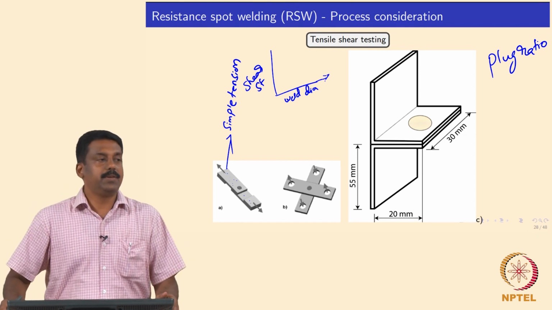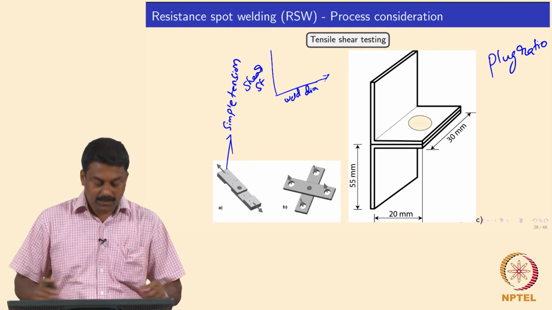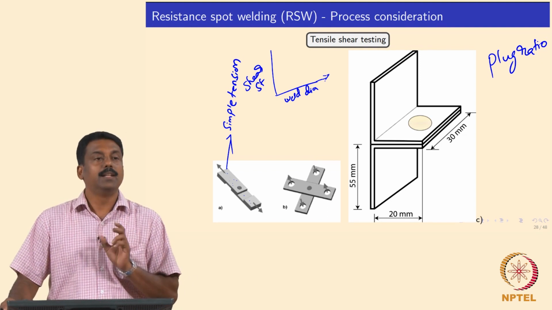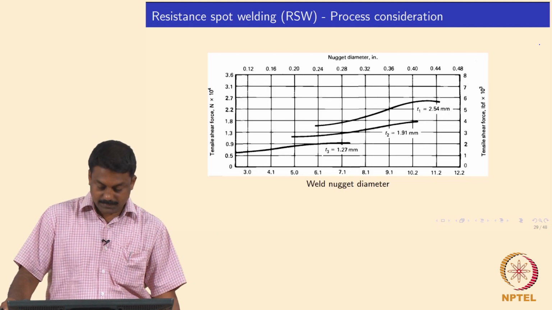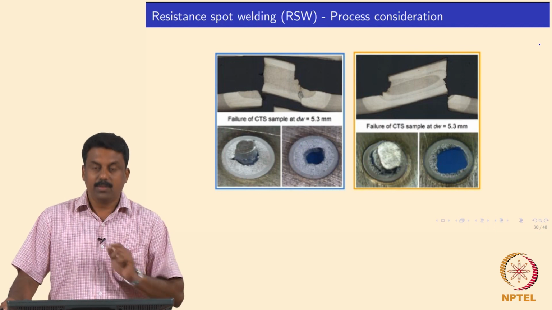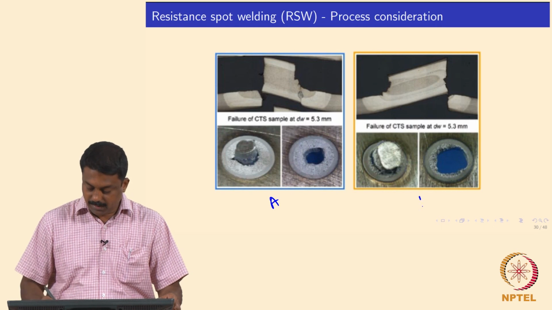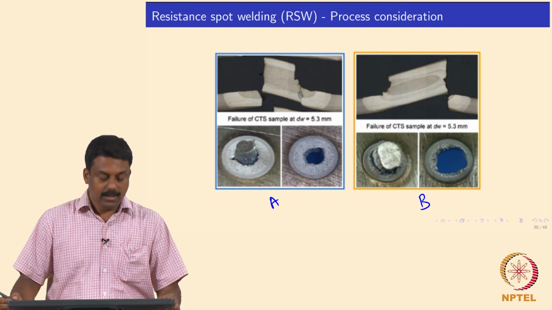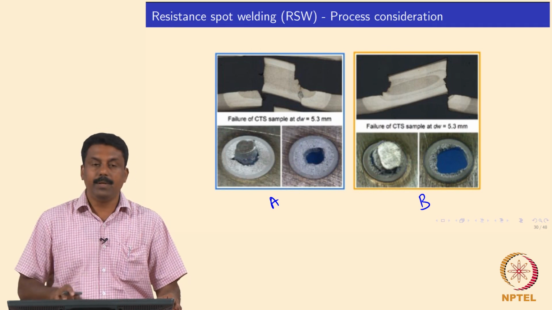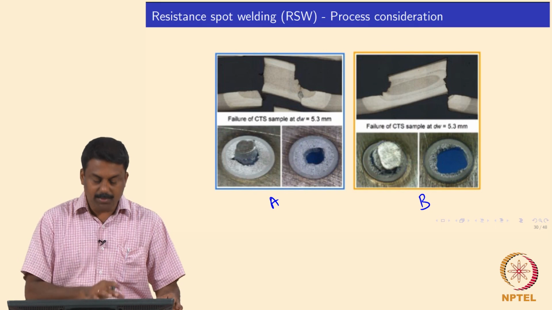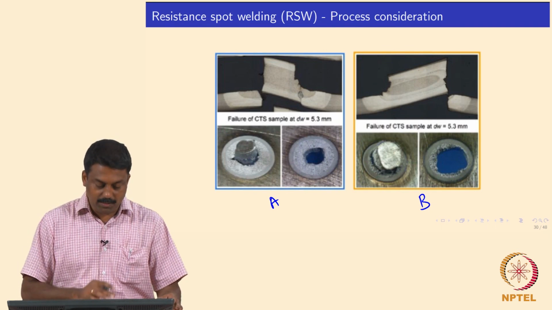Right. So, what is the plug ratio? Plug ratio we measure after the failure, whether the weld nugget is intact or not. Suppose if you look at two samples after failure in this case, sample A and then sample B, right. What I show you here is the samples after subjecting them into tensile testing. It is not pure tensile, but the cross tension test, but anyway. So, to explain the plug ratio, you can refer to this figure.